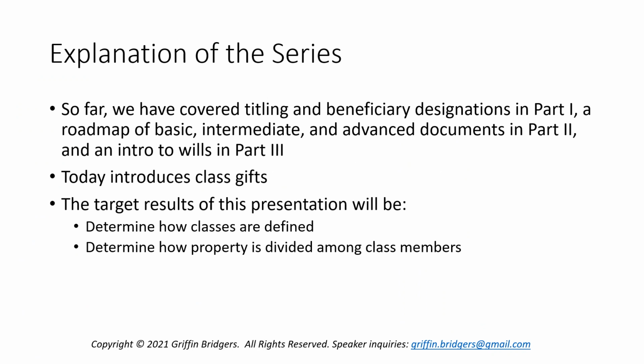So, in this series, we've covered several things that go into reviewing an estate plan. First and foremost was titling and beneficiary designations in Part 1, a roadmap of basic, intermediate, and advanced documents in Part 2, and then an intro to wills, which are often the cornerstone of estate plans, in Part 3. So today we're going to dive into class gifts a bit, because class gifts are going to apply amongst all these documents we've talked about so far that deal with disposition of property, either during life or at the time